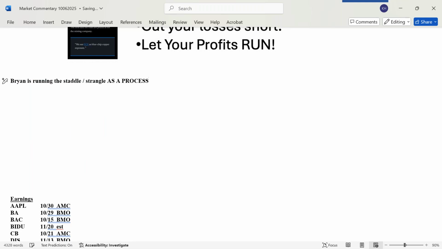I've heard someone talking about rolling it down, resetting the trade, maybe taking one end off. He's just running the Straddle Strangle as a process. We've talked about forever, if investing is a process, we have the opportunity to adjust, right? If investing is just a singular event,